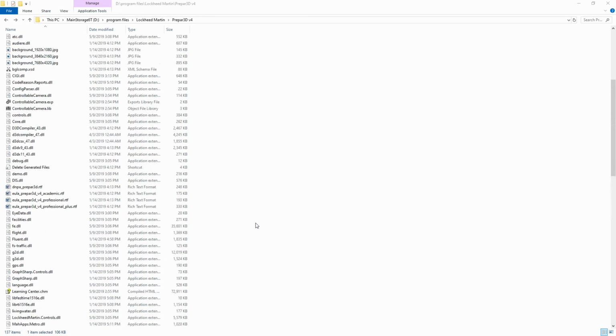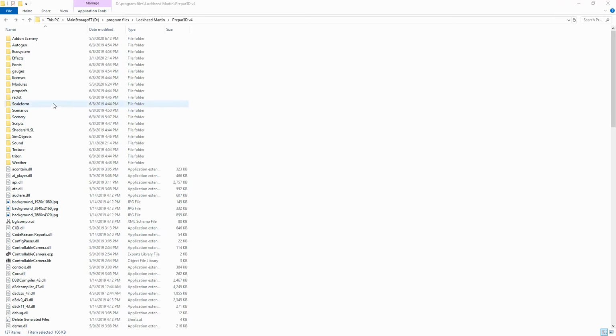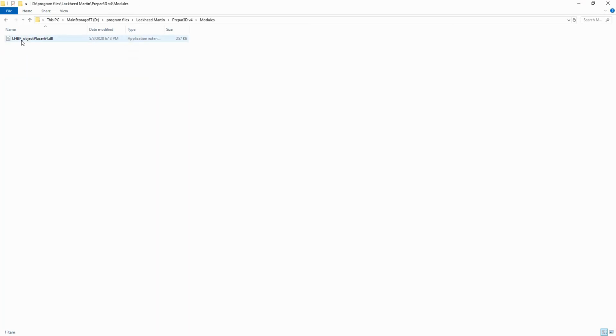Go to your modules folder, which is also located in the root folder of your Prepare3D. If you see any LHBP Object Placer 64 DLL, simply delete it. Then go to your app data folder, Lockheed Martin,